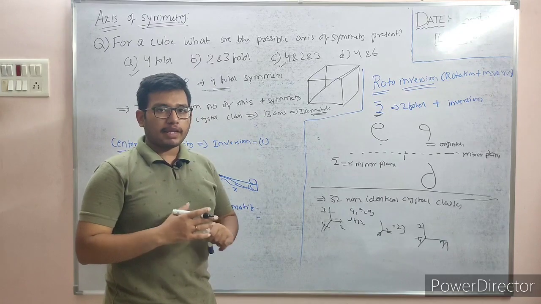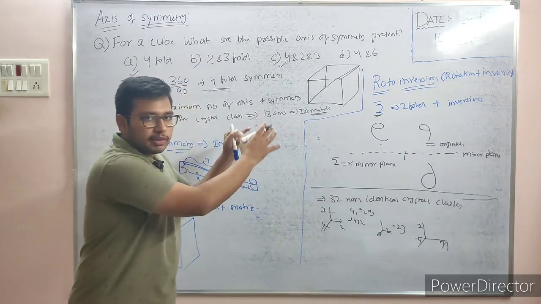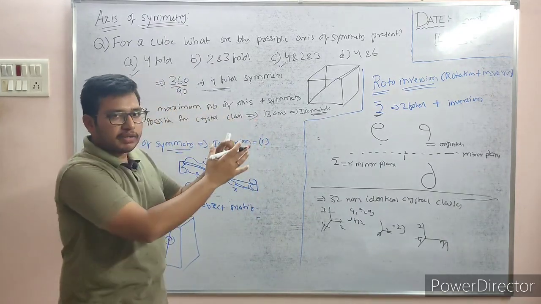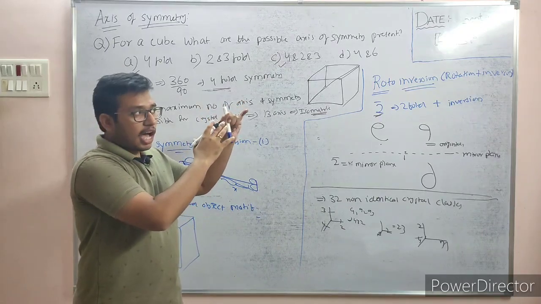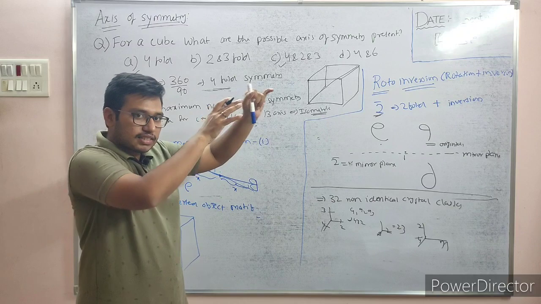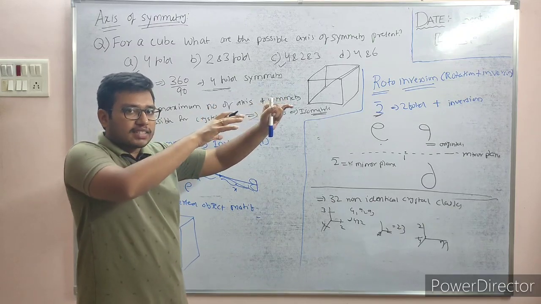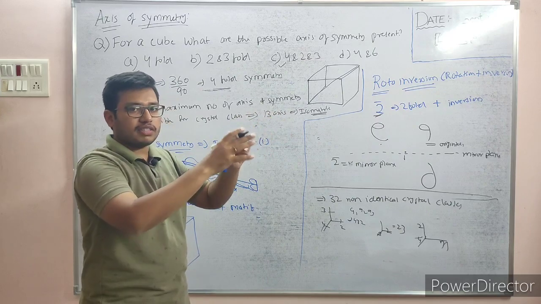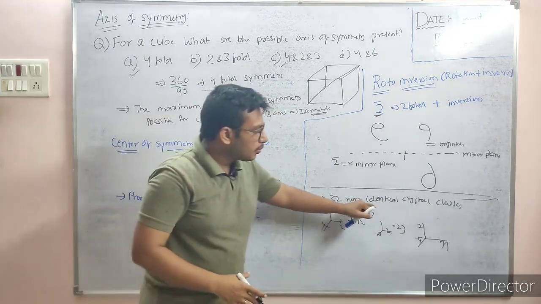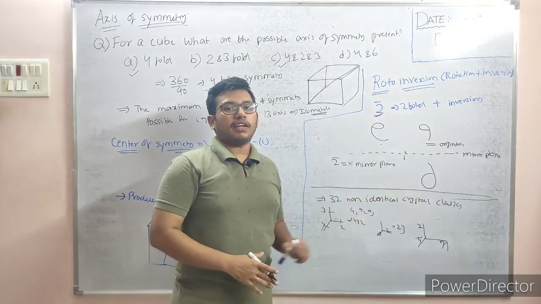समझ रहे हो ना मैं क्या बोलना चाहता हूँ? ये हमको सिमेट्री एलिमेंट्स पता है, क्या क्या है, प्लेन ऑफ सिमेट्री होगा, मतलब मिरर प्लेन हो सकता है, सेंटर ऑफ सिमेट्री होंगे, ये सब हमको पता है. अब इसको हम लोग क्रिस्टल सिस्टम में डालेंगे, मतलब अलग अलग एक्सिस के अलोंग अलग अलग हम लोग सिमेट्री एलिमेंट्स डाल के हम लोग डिफरेंट कॉम्बिनेशंस ट्राई करेंगे, पूरा 32 नॉन आइडेंटिकल क्रिस्टल क्लासेस बनेंगे.